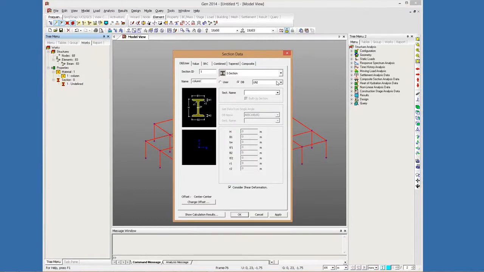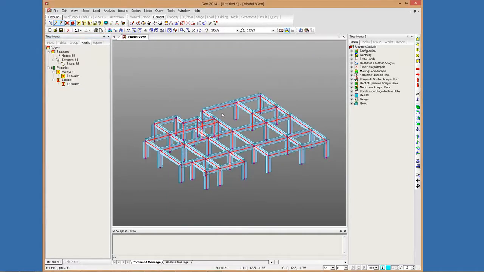So in section properties, all you need to do if you want to go for a database section is you can just choose the database you want. For example, I'm choosing AISC 10. And here, once you've chosen the database, you get a complete list of all the database sections that are available under that particular database. So let's say I choose W40 times 183. So as soon as I apply it,